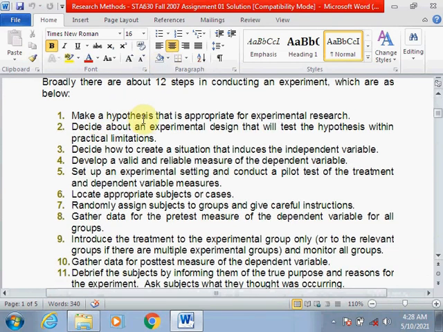Make a hypothesis that is appropriate for experimental research. First step: in the first step, make a hypothesis.